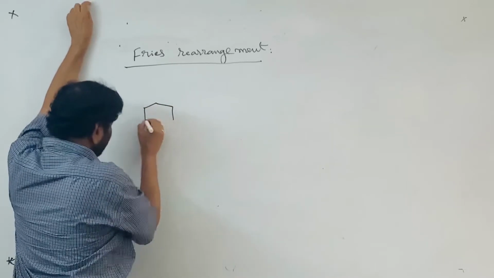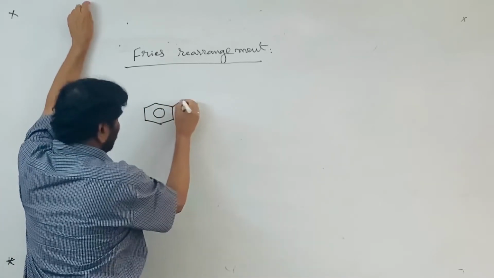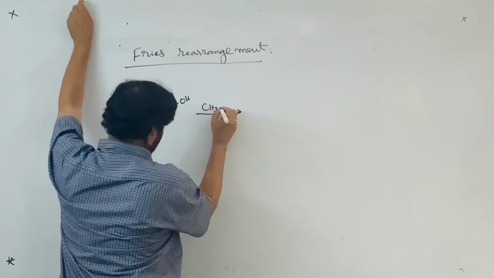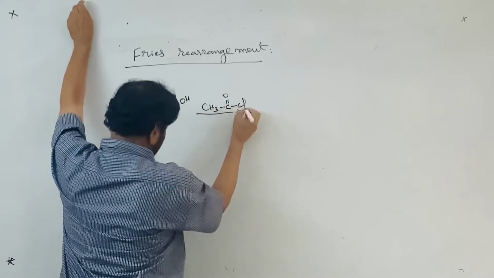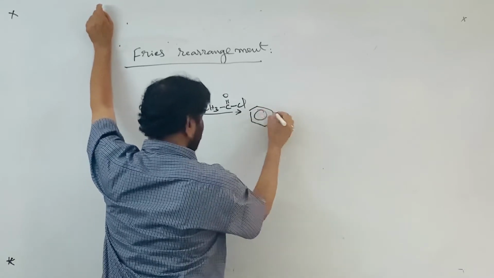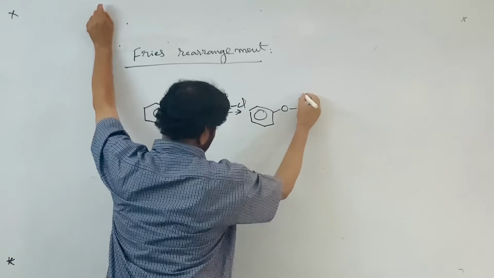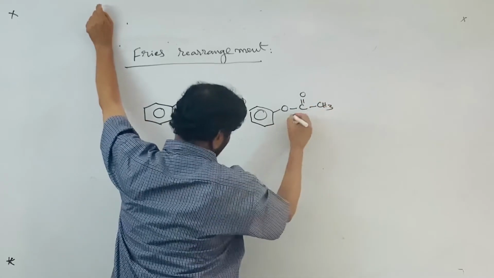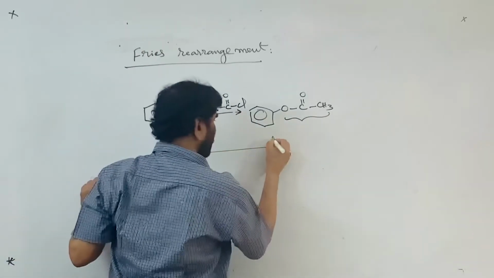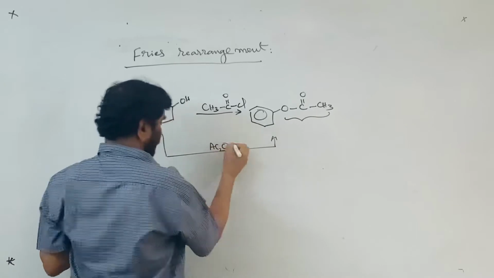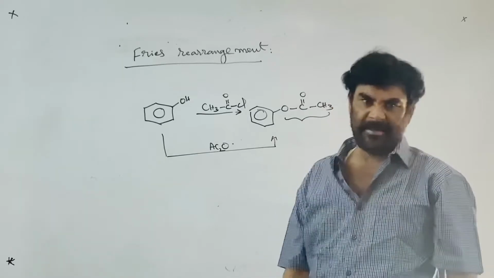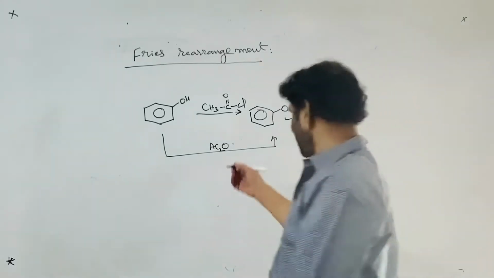Take the phenol. This is the phenol. Better to treat the phenol with acetyl chloride. I am conducting the acetylation, so phenyl acetate is formed. Remember, this is the acid part, this is the alcohol part. Or we can get the same thing by treating with Ac2O, acetylation. Phenolic OH, like alcoholic OH, can be acylated: an O-acylation reaction.